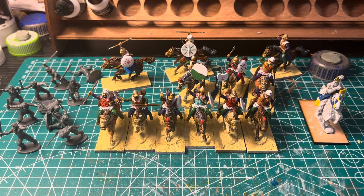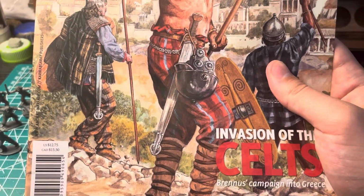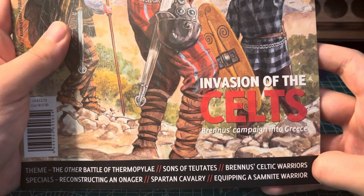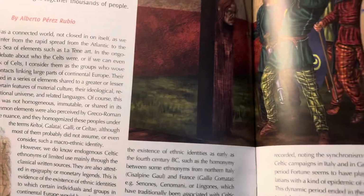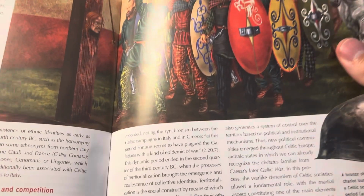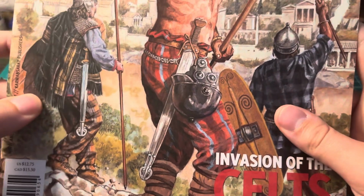But yeah, I was reading something relatively interesting from Ancient Warfare magazine. It's a periodical publication that I really enjoy, and they just did Brennus's campaign in Greece, and they actually talk about the Celtic warriors in the Hellenistic period, the horns and stuff like that. It was just a nice, interesting thing, and some good painting inspiration as well. I highly recommend it if you haven't heard of it or picked it up. Ancient Warfare magazine has excellent artwork and very good articles